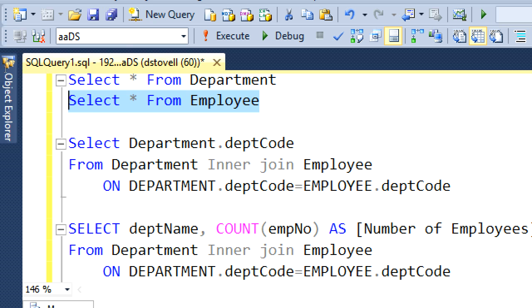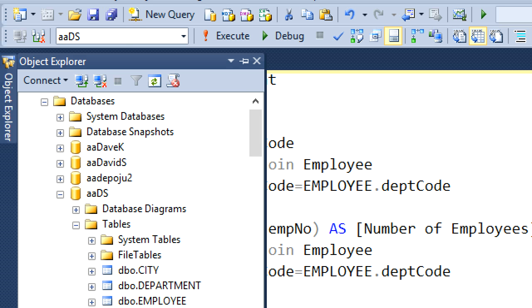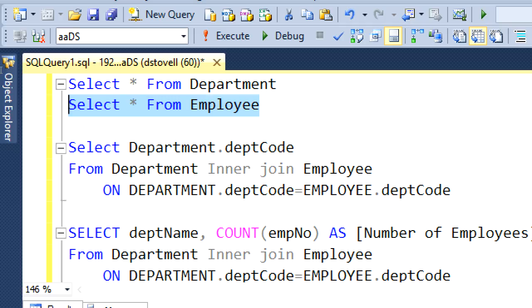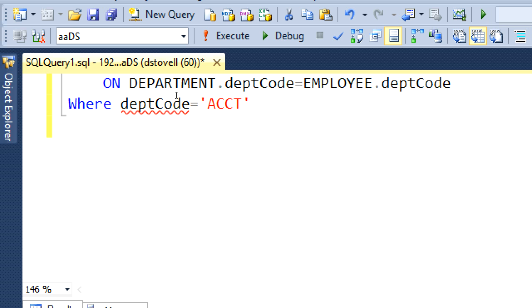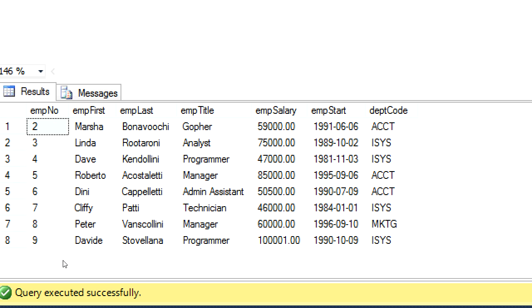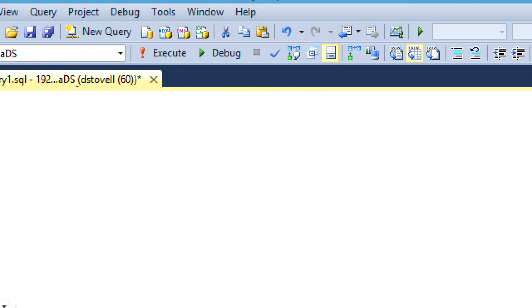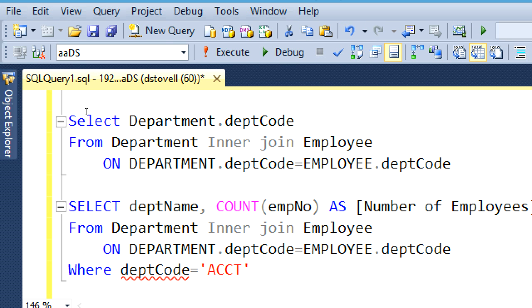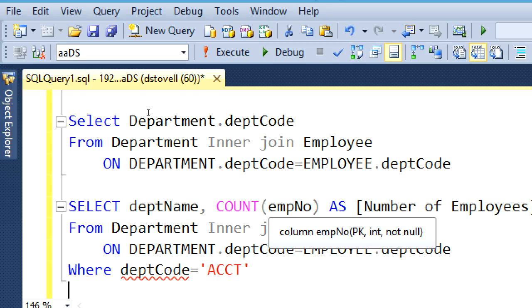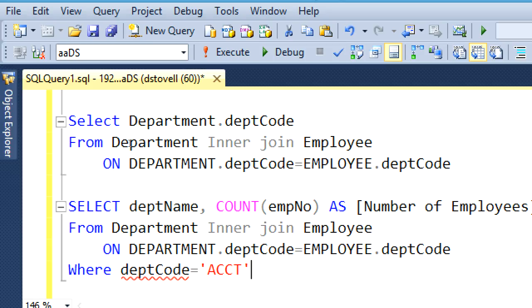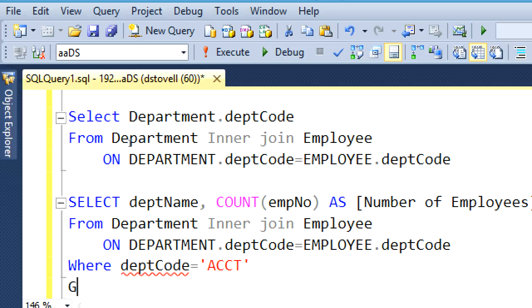Let me just go back here to look at all the employees again. Trying to hit F5, but I keep hitting something else. So if I want to count, and see for just the accounting department, how many employees there are, but I want that name to show up as well, it just doesn't know what to do because essentially there's only one of these, and yet I'm trying to count across a group. So really all I have to do is add group by